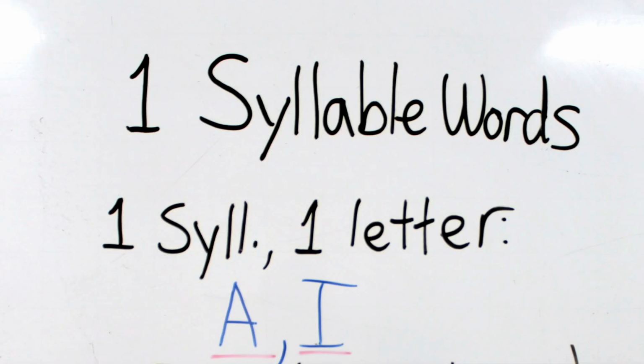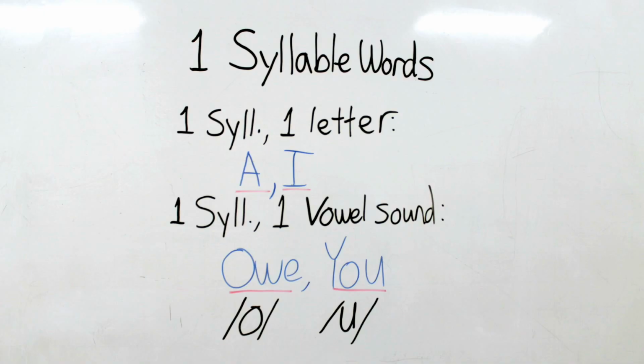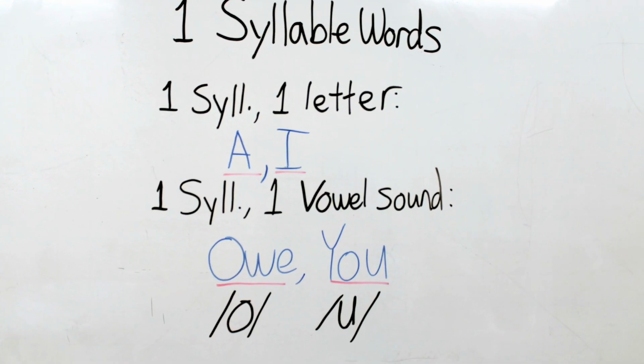Breaking syllables down further, they're made up of 2 types of letters. You've got your vowels, A, E, I, O, U, and sometimes Y, and then your consonants, which are all the other letters that I didn't just say. Sometimes a vowel by itself can be a 1-syllable word, like A or I. Other times, to make the long vowel sound like O or U, we need to add a consonant. So we have words like O and U. These are words with meanings, and they have just 1 syllable, 1 sound, even though 3 letters are making up